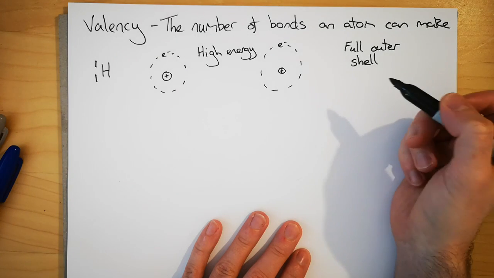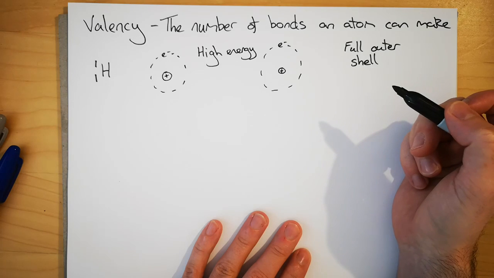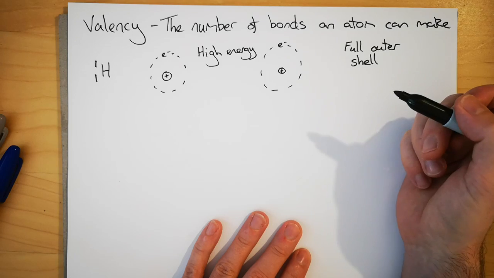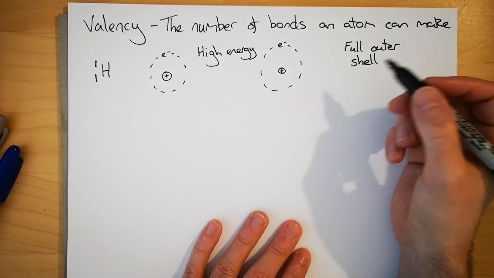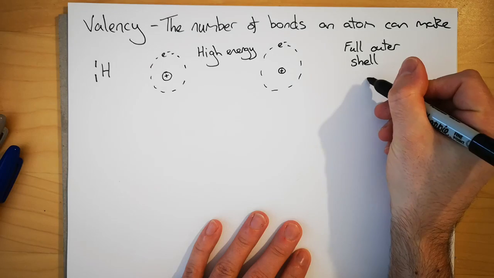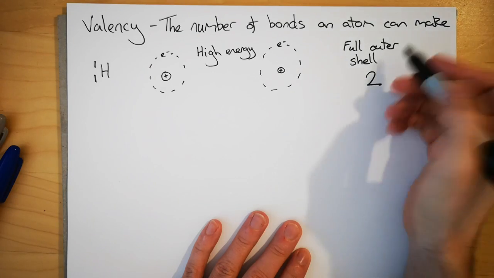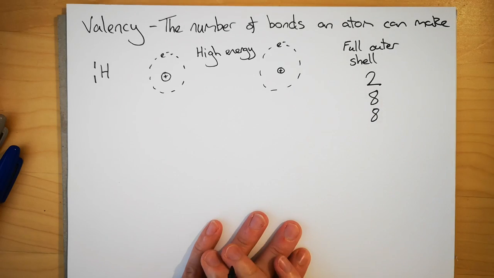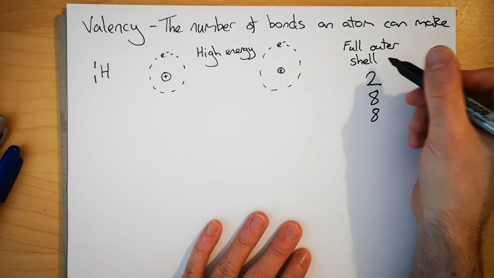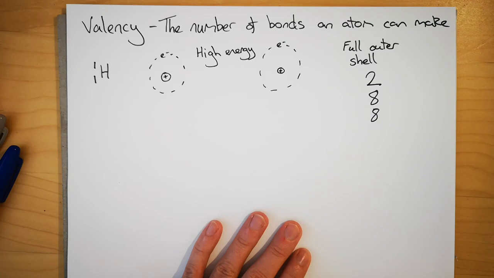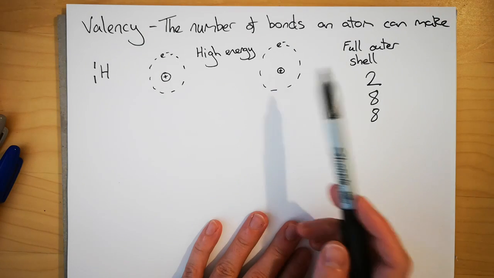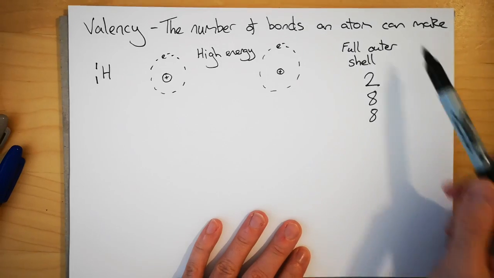If you're hydrogen, lithium, or beryllium, really your full outer shell can be 2. That's you having a full outer shell. So a full outer shell can be 2, or it can be 8, or it can be another 8, and that's as far as we go. So these are our full outer shells, and that's as far as we go at National 5. And in essence, what's going to happen is atoms are going to bond together so that they think they have